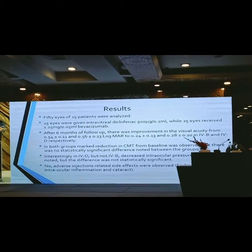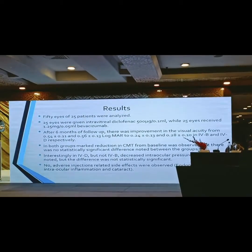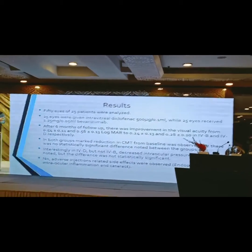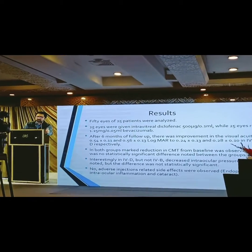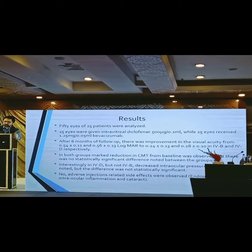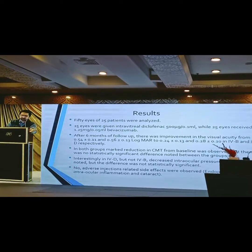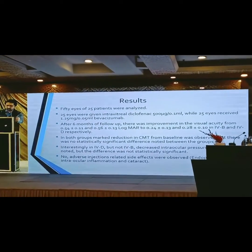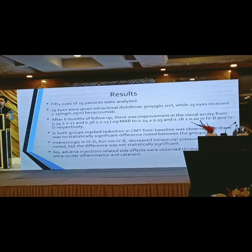One group was given the intravitreal bevacizumab, which is a well-known agent, and its efficacy has been proven in a lot of studies, in the standard dose of 1.25. The other group was given intravitreal diclofenac sodium in a dose of 500 microgram, which from certain studies we established is effective enough for showing the efficacy of this new agent as an intravitreal drug. After 6 months of follow-up, after 24 weeks, there was an improvement observed in the visual